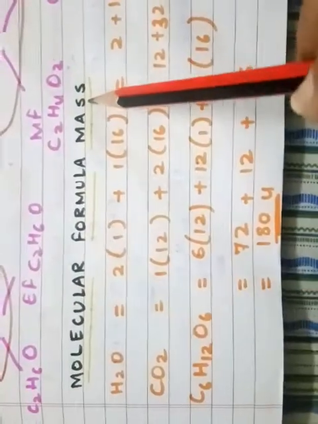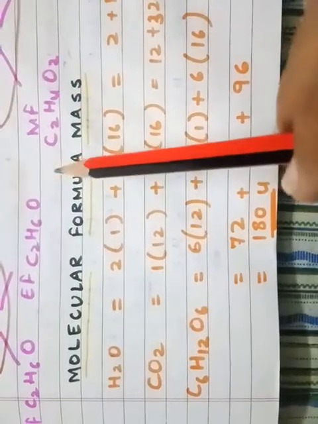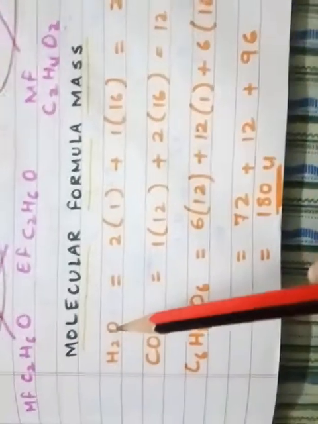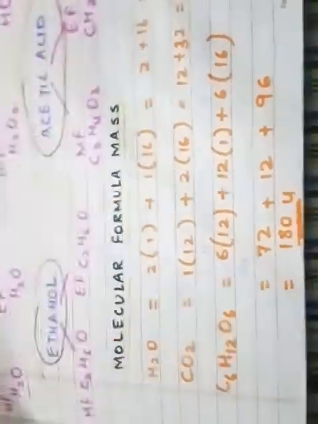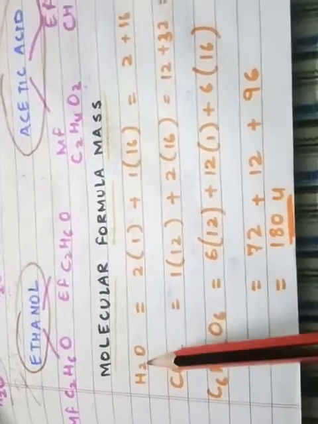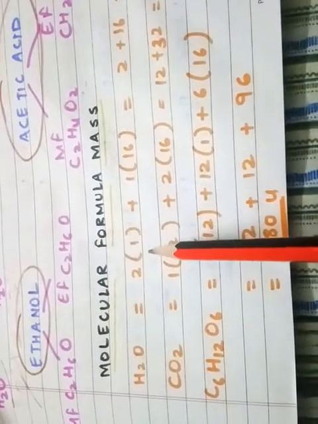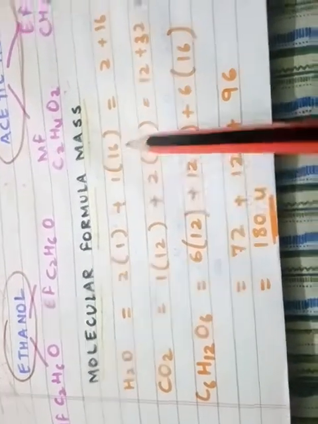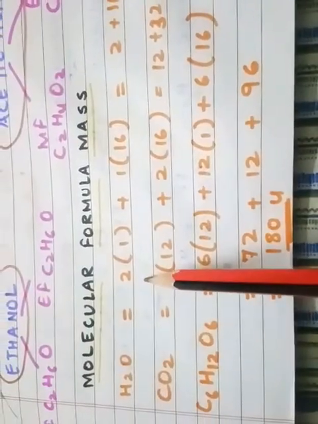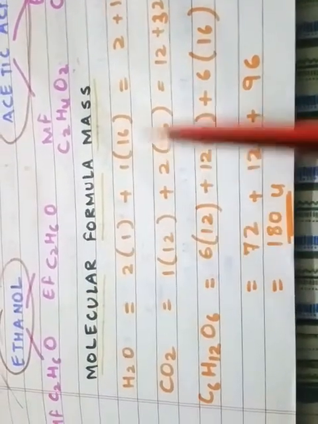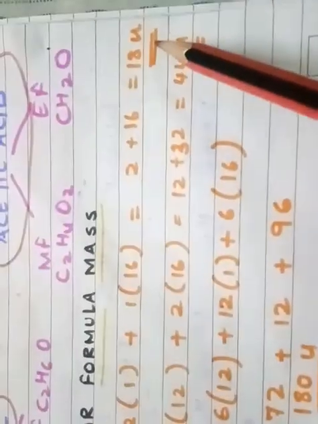ठीक है, एक्चुअली मॉलिक्यूलर मास जिसको कहते हैं, तो मॉलिक्यूलर फॉर्मूला के हर एक एटम के मास को जब हम ऐड कर देते हैं वी गेट द मॉलिक्यूलर मास. For example, in case of H2O, the formula mass. So, molecular formula mass or molecular mass is the mass of the atoms of different elements. For example, H2O, you have 2 hydrogen atom. One H has a mass 1, so 2H will have 2 into 1. 1 O is there, so 1 O has a mass 16, so 1 into 16. So the molecular mass is the sum of the mass of atom of each element in a compound. So it is 2 plus 16, which is equal to 18U.